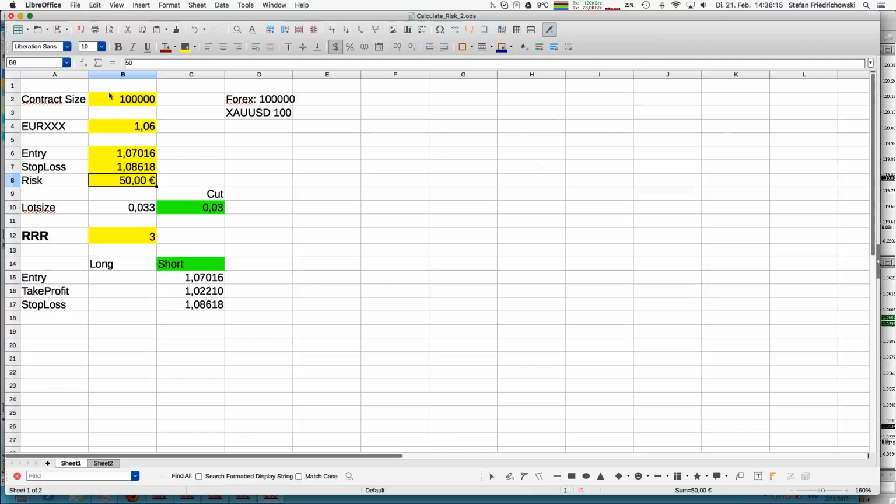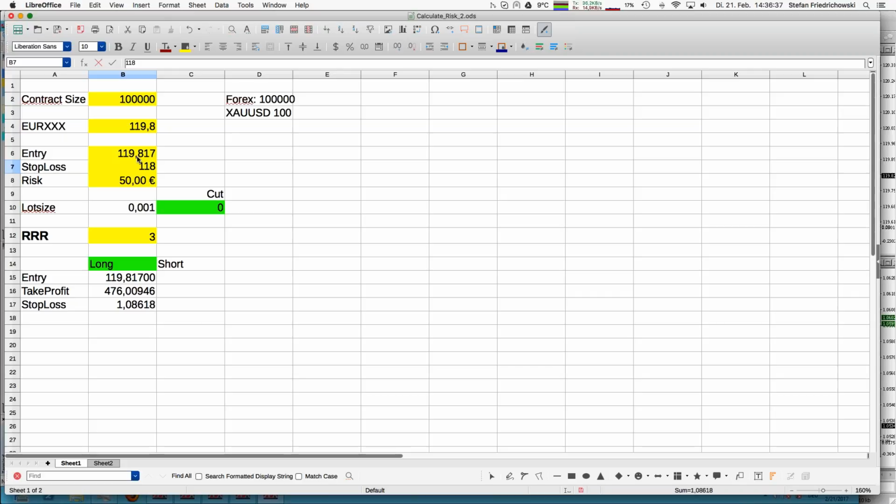And that's quite simple. It's a forex pair, therefore contract size is 100. Exchange rate right now is 119.8, and entry level is 119.817. Stop loss is 118.984. And you see that the lot size is a little bit higher because compared to our previous trade, our stop loss is a little bit more tight. So 0.07 would be the lot size, and the take profit would be at